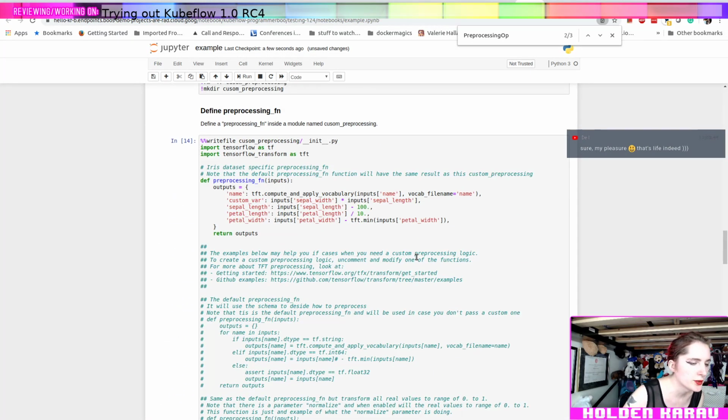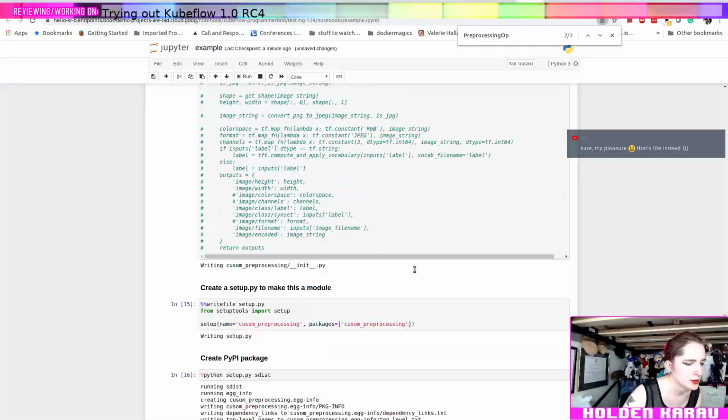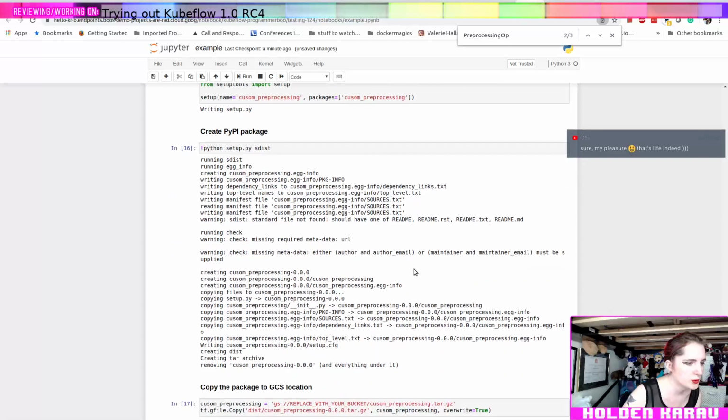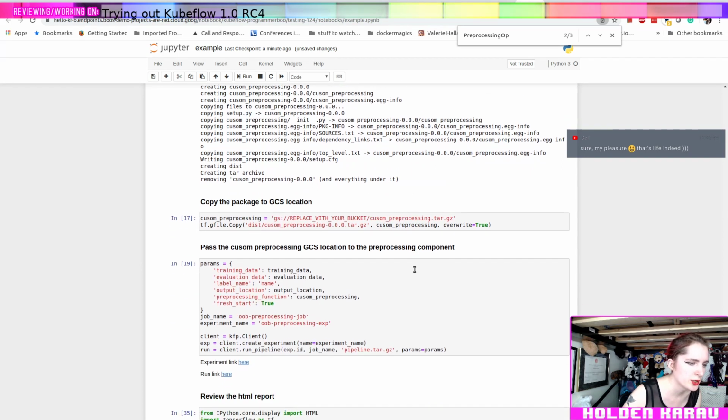Okay, yeah, here we go. So here's one where we define a preprocessing function, we create a PyPI package, and we copy the package to a GCS location,